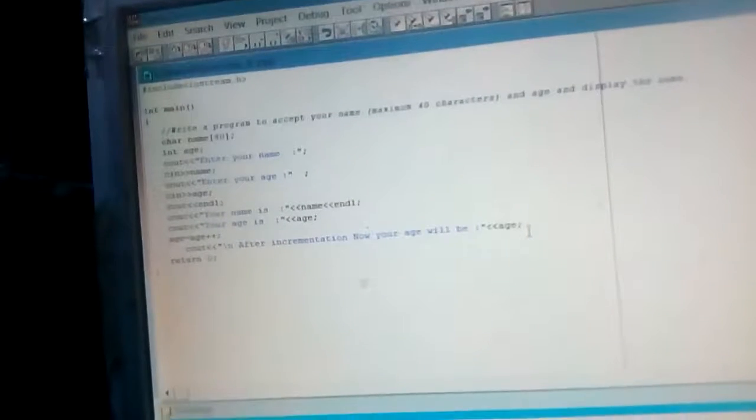Suppose in enter your age you have entered 15, then after increment, if you are writing here age1, it will show you 15. But if you write here age, then it will show you 16, because of age plus plus here.